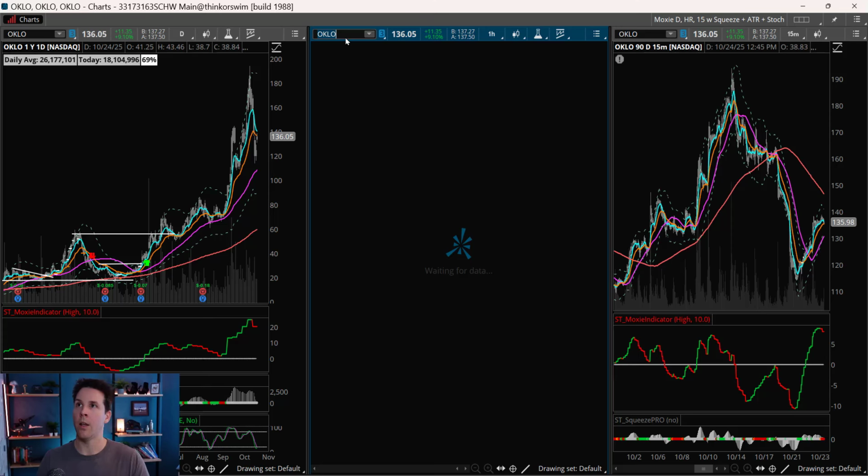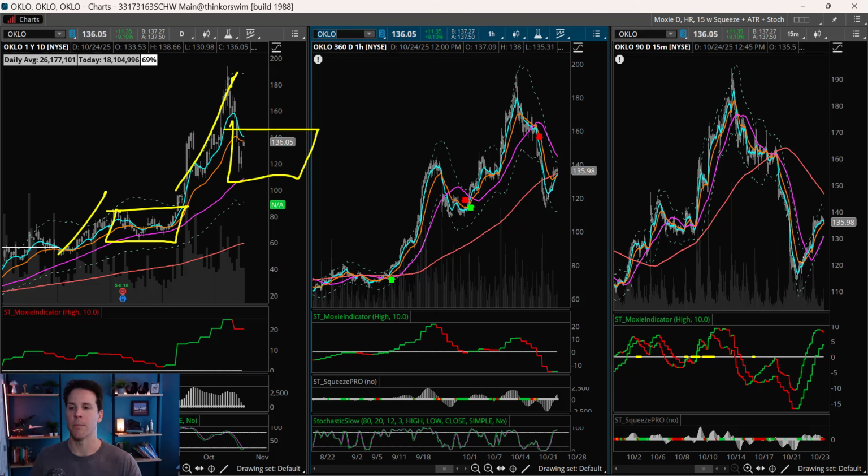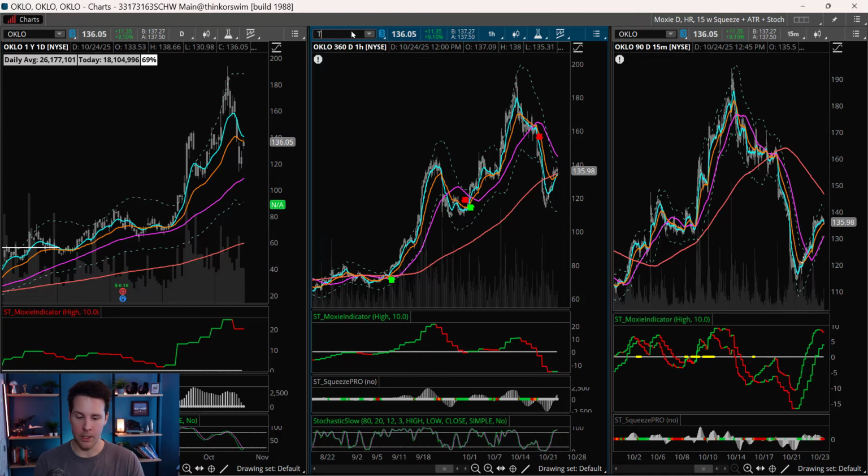And you can see OKLO doing the same thing. Basically, the story behind these things, they just got a little too frothy. You know, they just really got ahead of themselves. Everything was going haywire. They just got really, really far up there, and the risk to reward is not favorable. And so they got pulled down hard, which is good. I'm happy about this because I think it's healthy for the market. We can't keep having things just going straight up like that. You bring them back down to reality, you let them digest, you let them rest for a little bit, and then we'll see what happens later. You know, you get big moves and then you get to rest. Just give it some time. Okay, and then let's look at TEM.